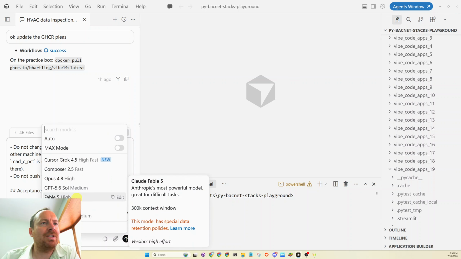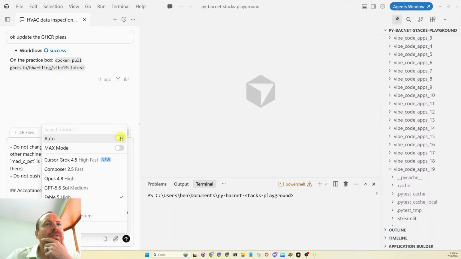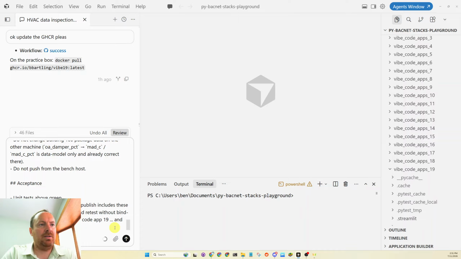I did that. I was curious to maybe put this on Fable's highest thing, but I don't know if I'm gonna do that now. I might just put this on auto mode, because I've been having a lot of luck with not burning a lot of tokens somehow on auto mode and getting good enough results. Okay, and then another feature to also bake in